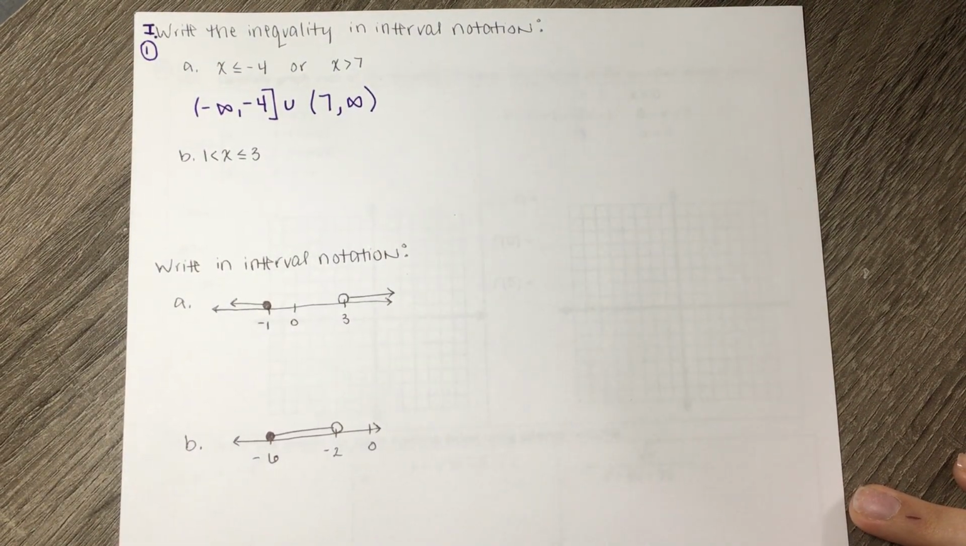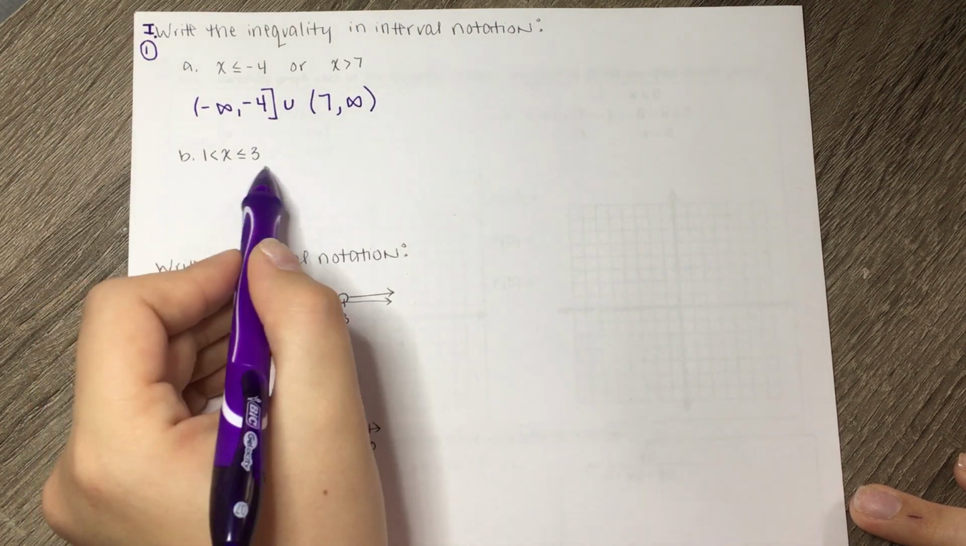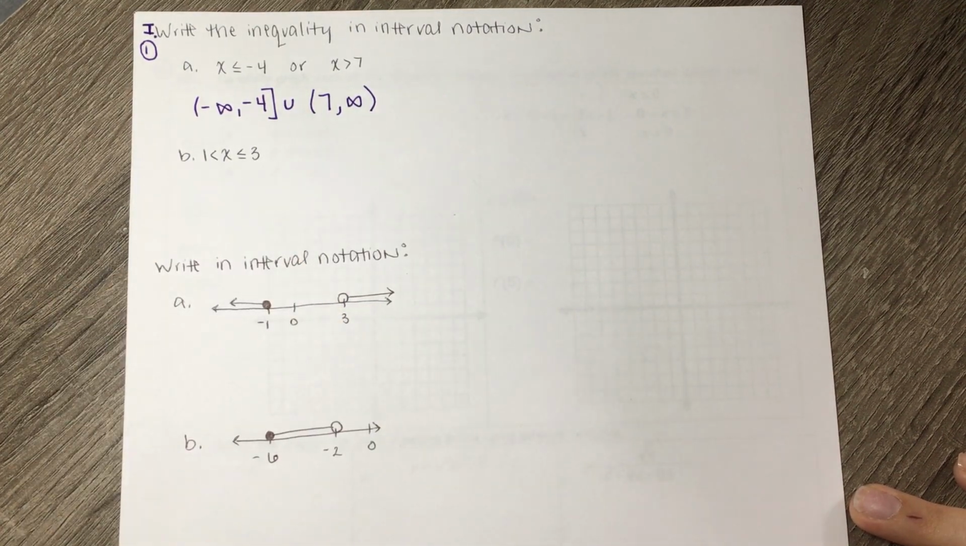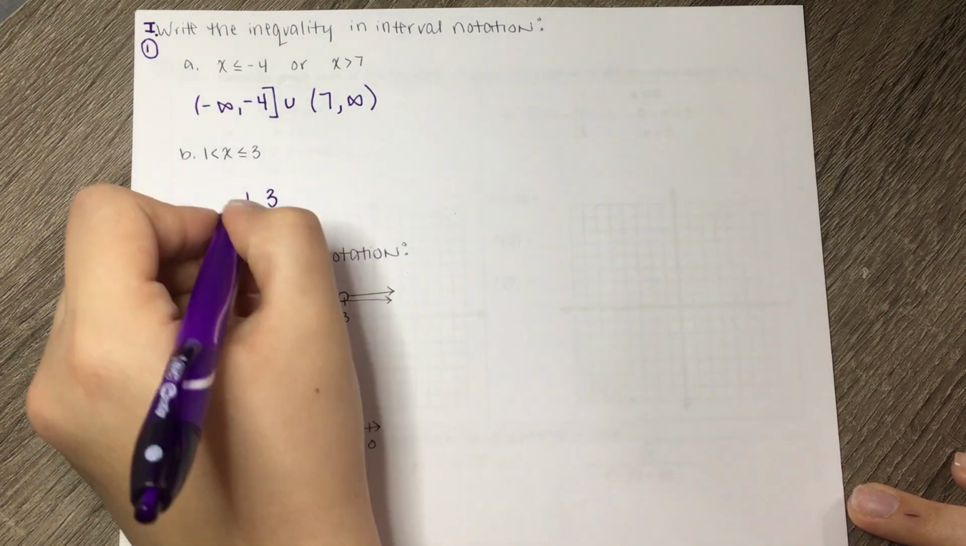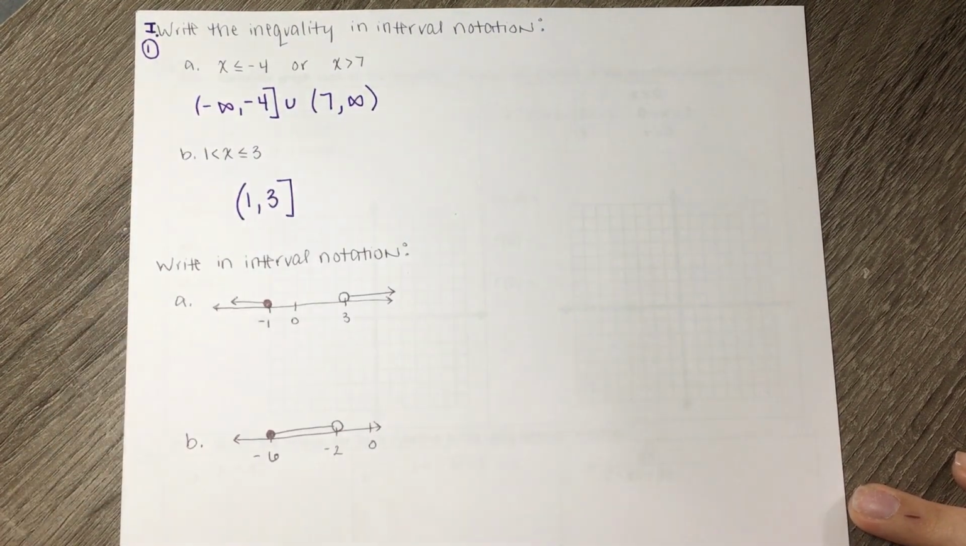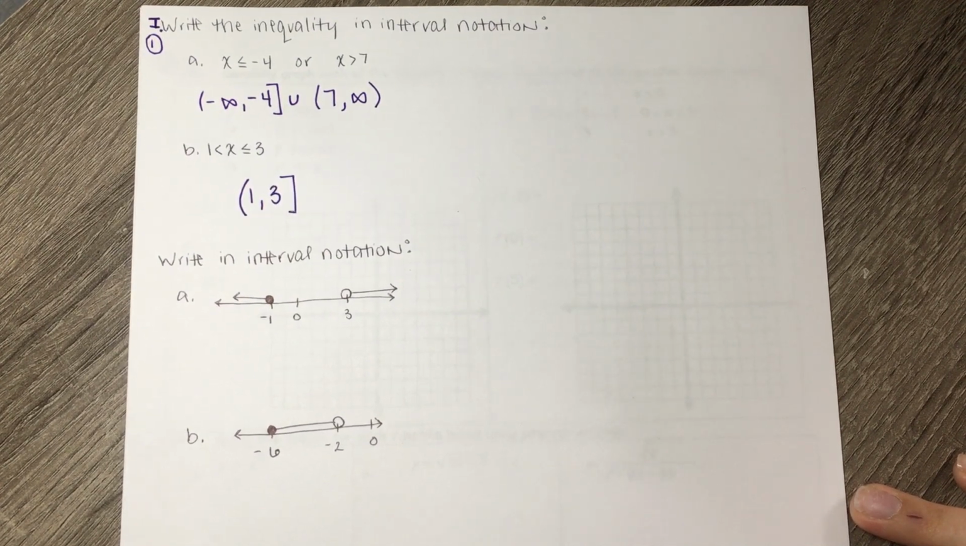Taking a look at number 1, letter B, here are our endpoints. X is between 1 and 3, but it can be 3. So there's our endpoints in our interval notation. It can't be 1, but it can be 3. And then now in number 2, we're given a